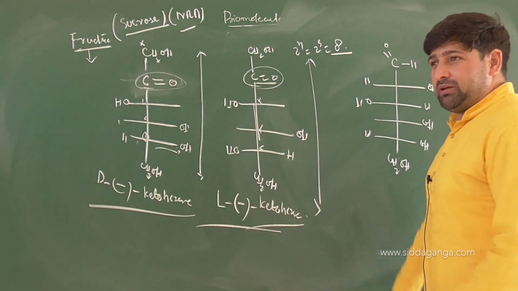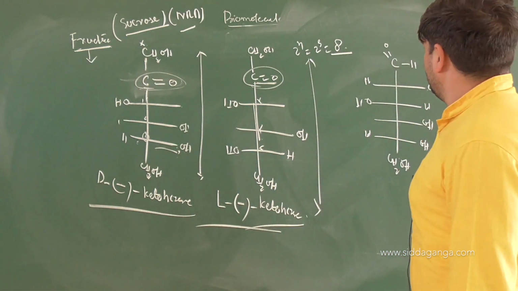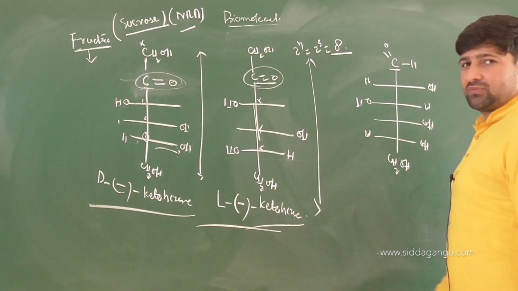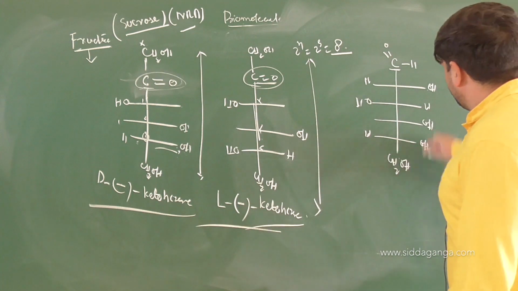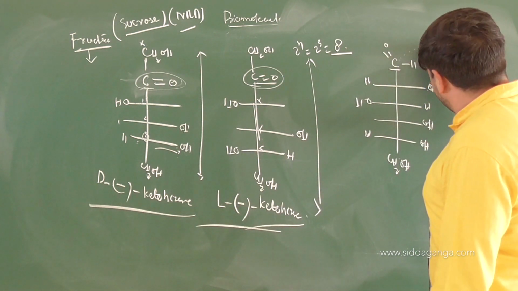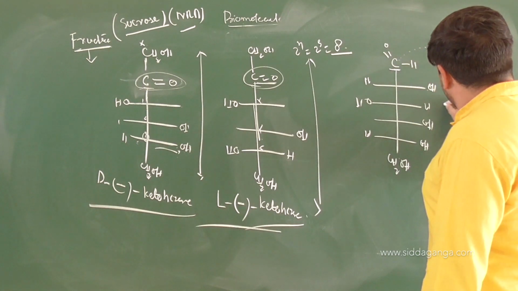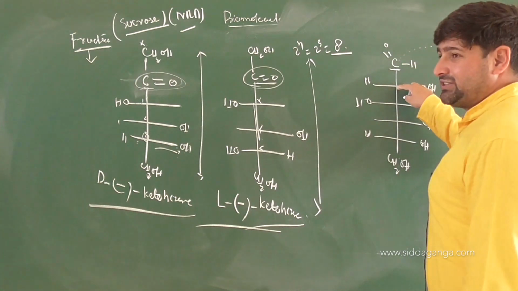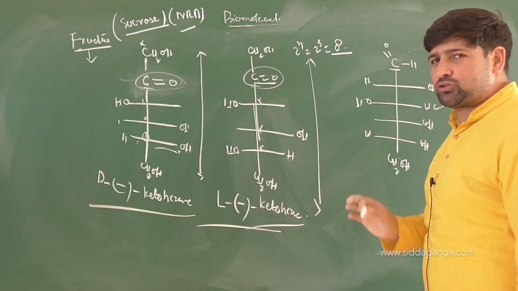For the formation of hemiacetals or hemiketals, we have this primary aldehydic carbon, which can combine with the stereocenter, or it can combine with another stereocenter. If it combines with the nearest stereocenter first, then the ring size will be extremely small, and serious repulsion